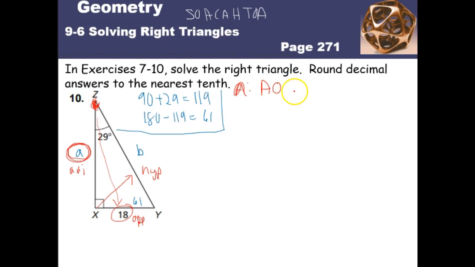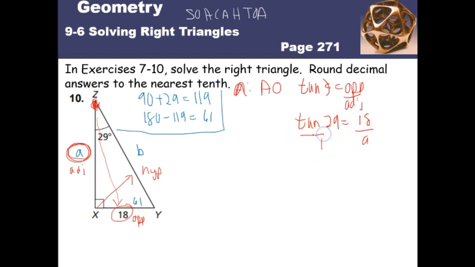Okay, so adjacent over opposite is tangent. So I'm going to say the angle equals the tangent of the opposite over the adjacent. So in this case, my angle, oh, I wrote this way wrong. All right, sorry. It's the tangent of the angle equals opposite over adjacent. Okay, the tangent of the angle equals opposite over adjacent. So the tangent of my angle, which is 29, equals the opposite, which is 18, over the adjacent, which is